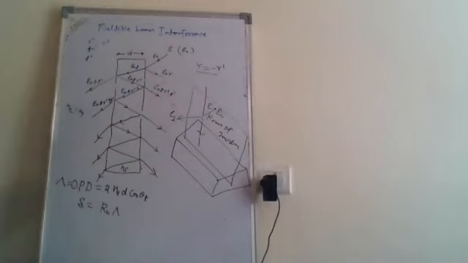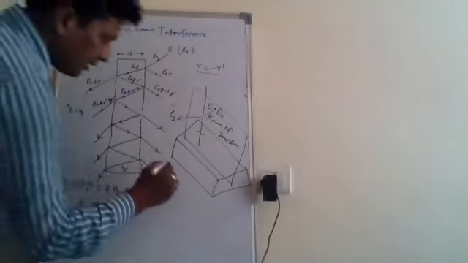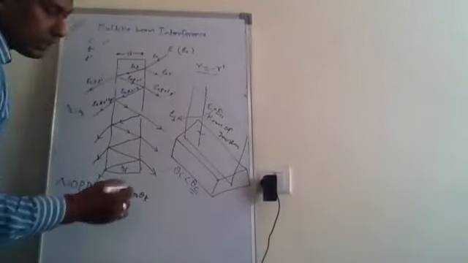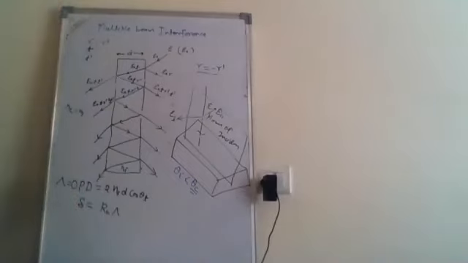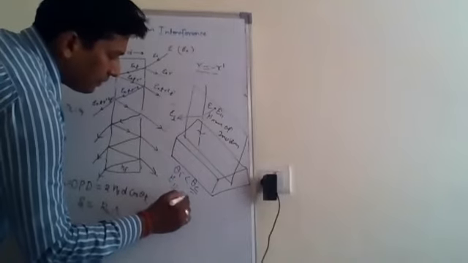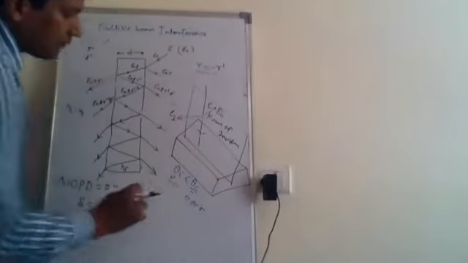Now in this figure we can see that at each internal reflection, the component of the field parallel to the plane of incidence changes phase by either 0 or pi, depending upon the internal incident angle. So if theta I is less than theta c, what is theta c? Theta c is the critical angle and theta I is the angle of incidence. So the parallel field E parallel will give 0 or pi phase difference.